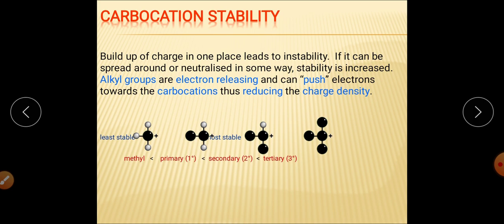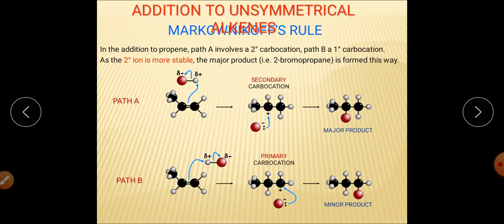You know that because of the hyperconjugation effect and the inductive effect, the stability of the tertiary carbocation is more as compared to secondary, as compared to primary, as compared to methyl carbocation. So the more stable the carbocation, the greater the chance the major product comes from it, and the reaction will proceed with formation of the more stable carbocation. This is the reason why rearrangement will happen in that case. So that is all because of the stability of the carbocation.